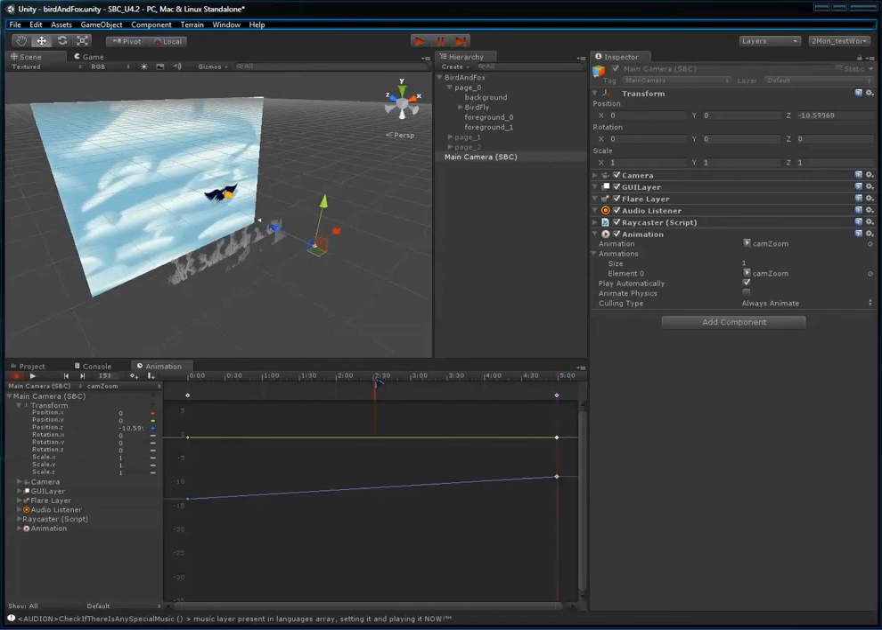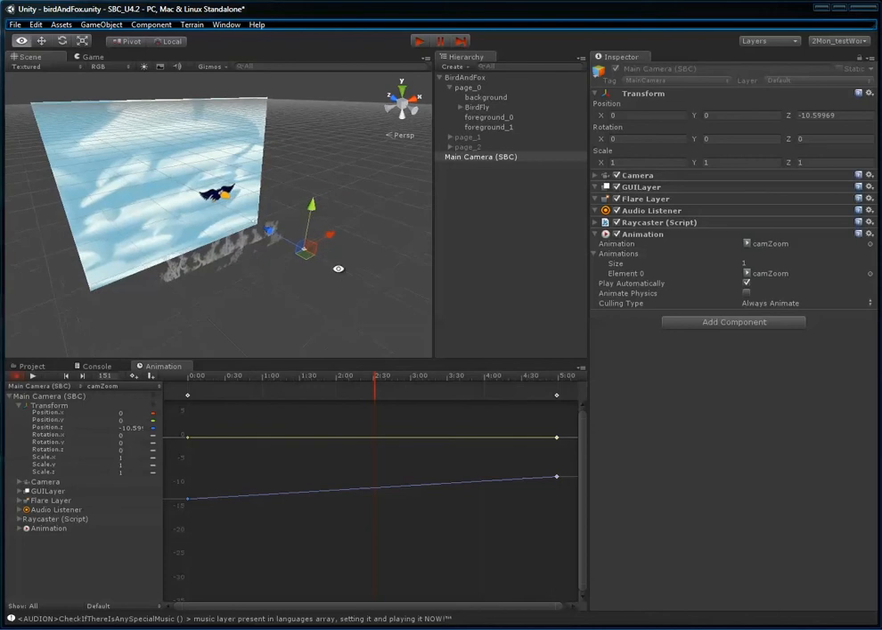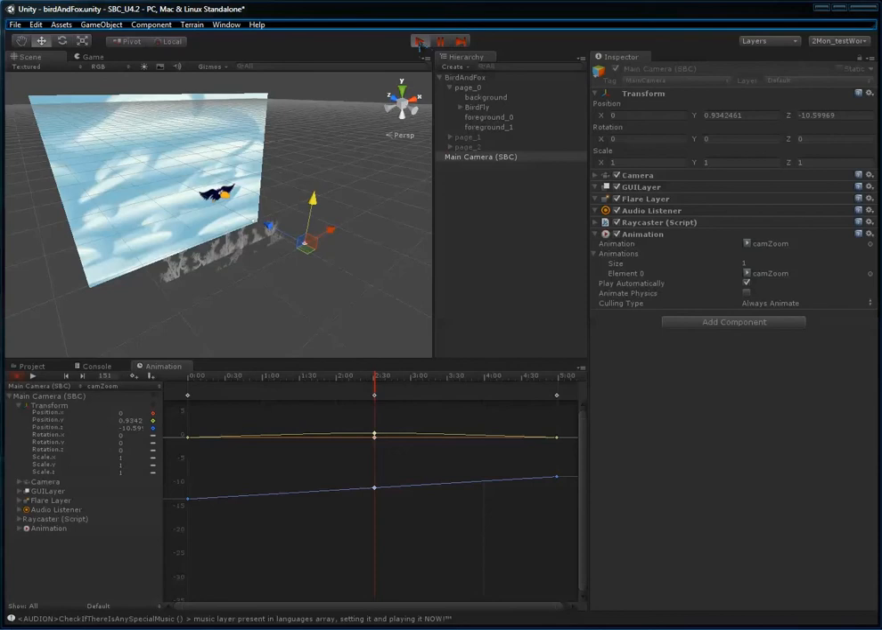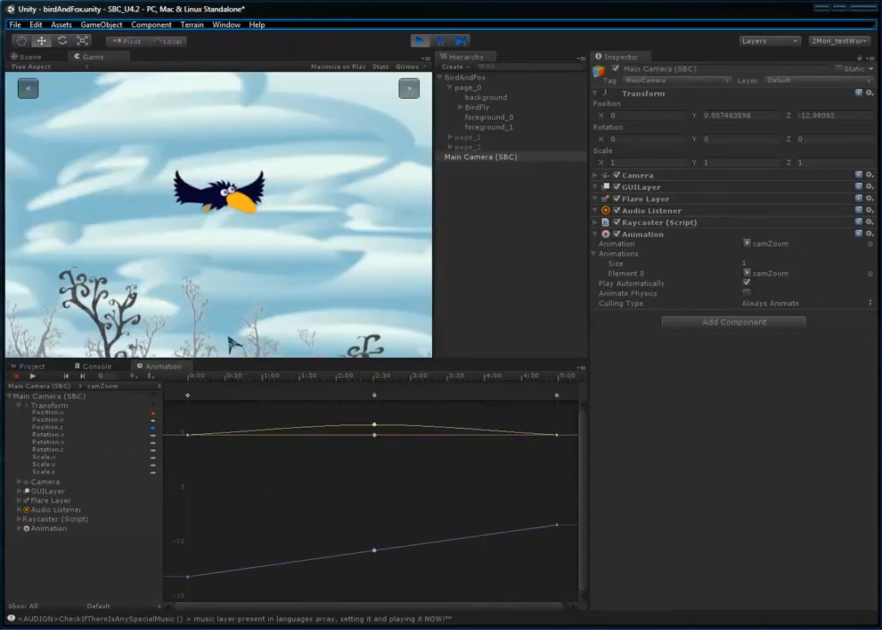Maybe move the camera at some moment a bit up or down, or something you want to do. It will be updated in